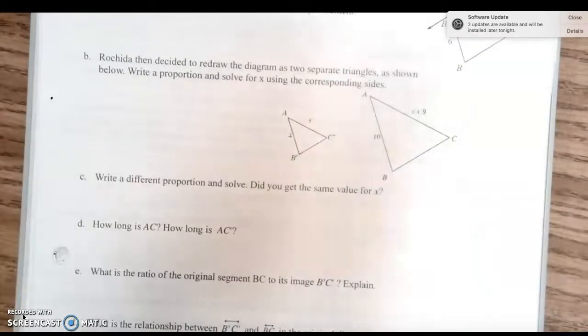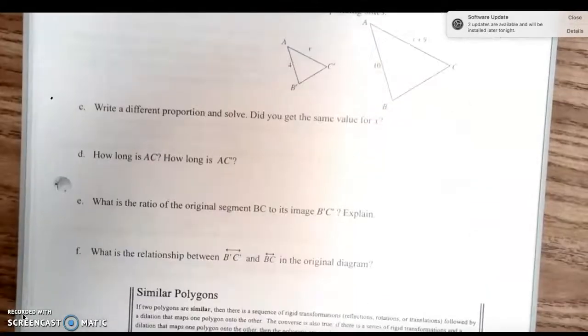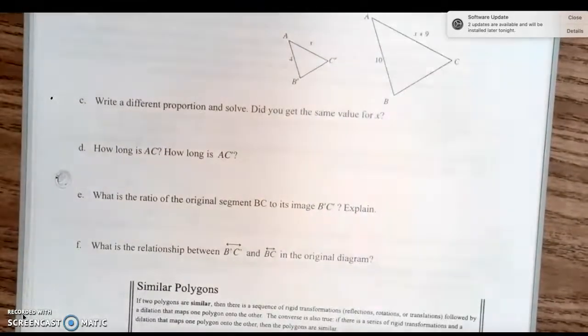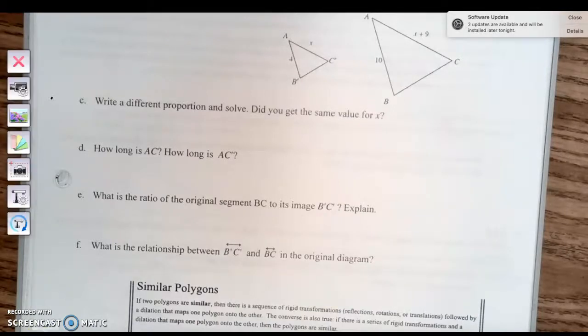Part E, what is the ratio of the original segment BC to its image B prime C prime? Explain. And then your last question is, what is the relationship between line B prime C prime and line BC? Okay? So you guys are going to answer those 6 questions together, and then you can